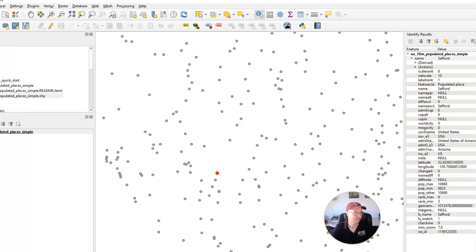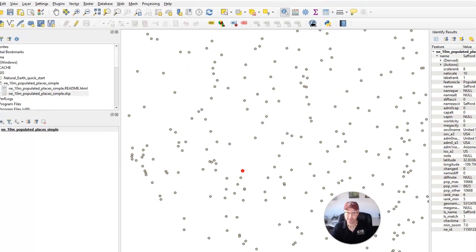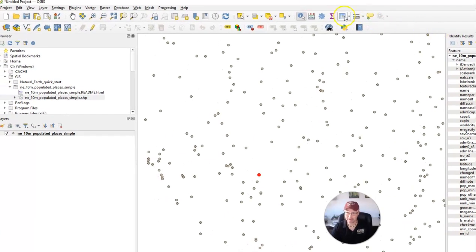Okay, so the lab then, if you're moving on to, so we did step 3, and now in step 4 we can look at all of this information in a table. Okay, and so how do we do that? We go to this thing up here. This is called an attribute table. There are 2 ways to get to this attribute table. You can click on this button up here,